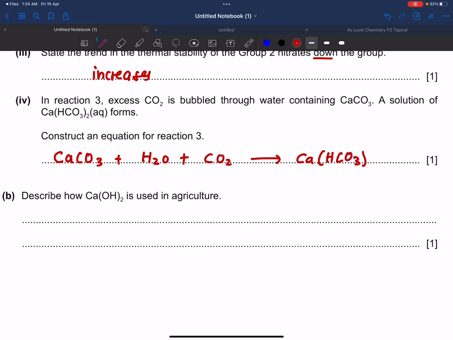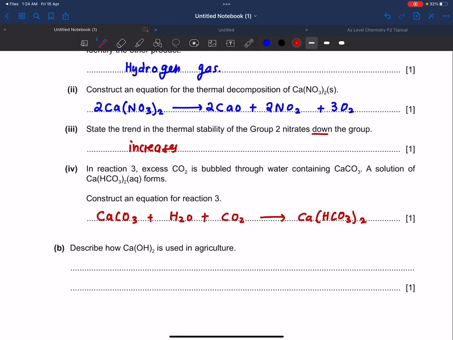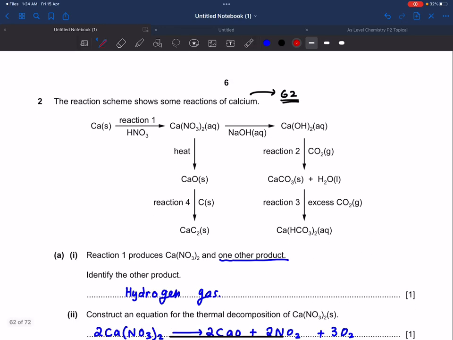CaHCO3 twice. Okay, reaction 3. He's already told us that when CO2 is bubbled through water, it contains this compound, and this compound plus 2 water, and this is the third compound. It will form a solution of this compound. If you want to put this in reaction 3, where's reaction 3? Look, in this particular reaction,